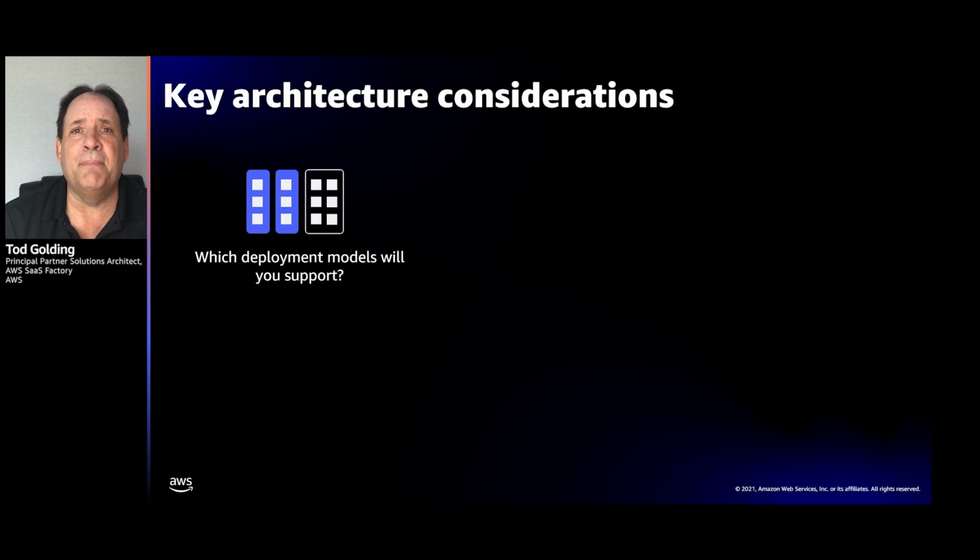And one of the really big ones here was the deployment model we chose, right? Because we really wanted to highlight the fact that in a serverless SaaS environment, you really are picking often between multiple deployment modes. Can I deploy everything in a pool model where tenants are sharing resources? Can I deploy in a silo model where tenants maybe have dedicated resources? And what we really wanted to do here was offer you a hybrid of those and show what it means to support both of those deployment models in an environment. And that had a huge ripple effect through the overall architecture of our solution, and you're going to see that.